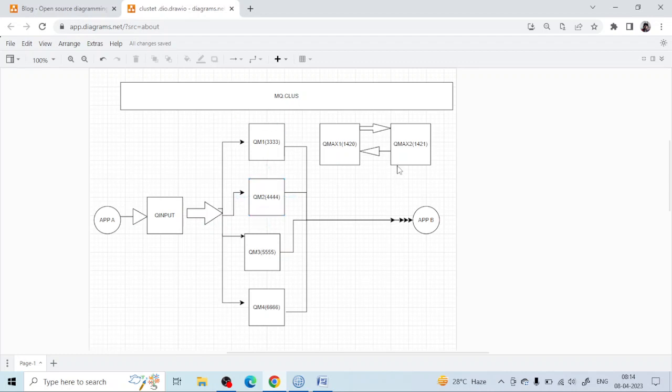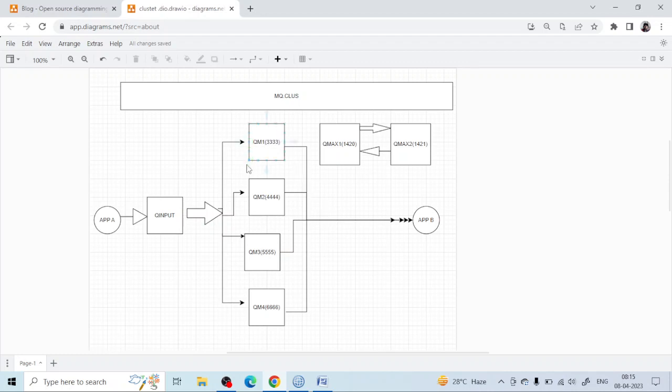Let's explain this diagram, it will be helpful. I am making a cluster, and I am keeping the name of the cluster mq.class. Suppose application A wants to send a message, and application B wants to receive the message. Application A sends messages in a very huge amount, and application B is mainly there to receive them. If application A sends messages and application B is down, the messages will pile up in our queue,